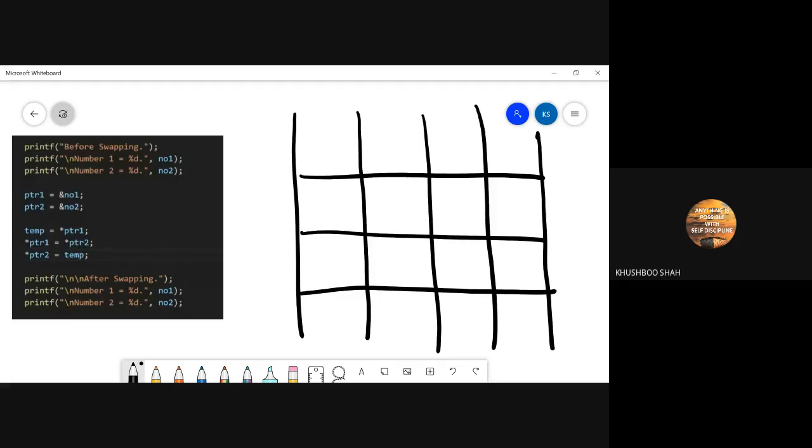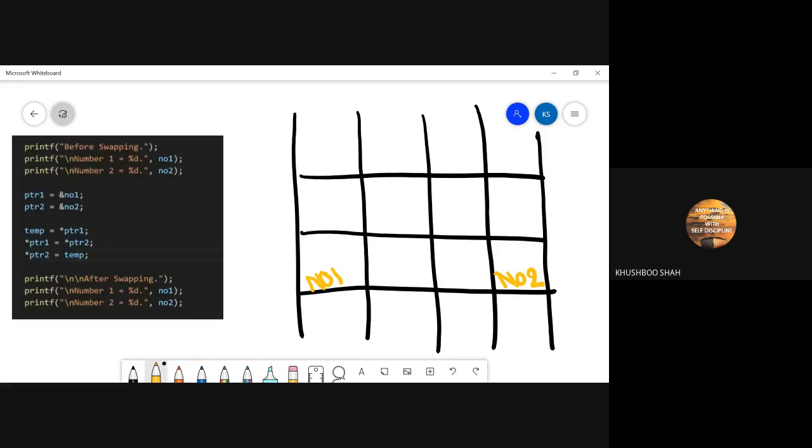Now what will happen when I say integer no1, integer no2? Somewhere inside the memory, let's say this is my no1 and this is my no2.